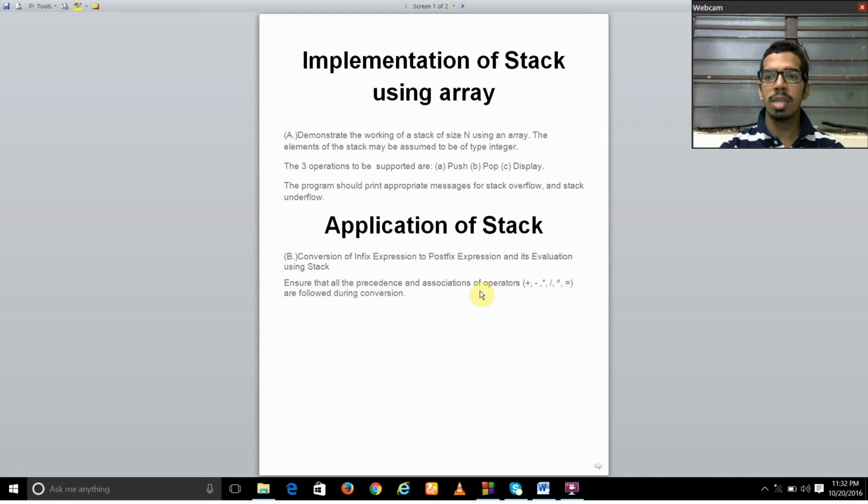This is my data structure lab, exercise number 2, implementation of stack using array. In this I have a program to demonstrate the working of a stack using an array. The elements of the stack must be assumed to be integers, and there should be three functions: push, pop and display. Push, as you know, should insert the elements inside the stack, pop deletes the elements, and display displays the elements in